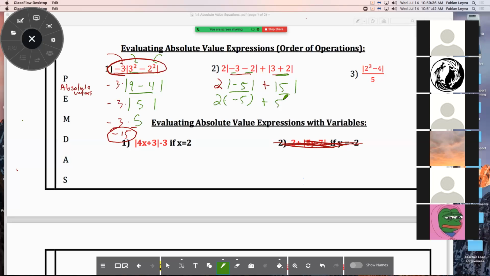So now I notice that I've solved everything within the absolute values. I took the absolute value of pretty much my final result. And now I'm ready to deal with the aftermath, which is 2 times -5 plus 5. Don't forget your order of operations. I can see here that the first thing that shows up is multiplication. 2 times 5 is a